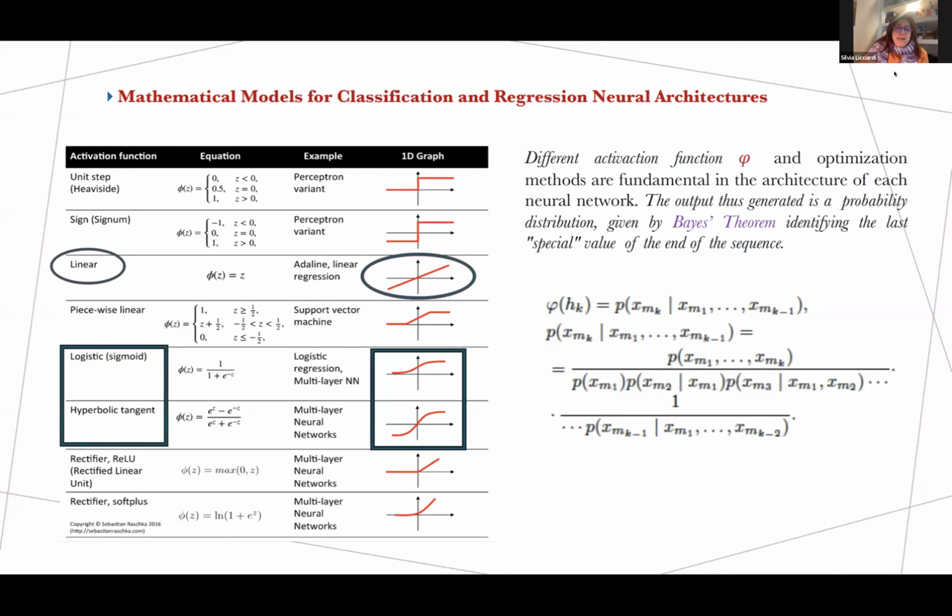But I can use a linear activation function if I instead want to obtain a forecasting, for example forecasting of some profiles. In this case I can use, for example, the Adaline or linear regression for this target, a linear function. At the end, we obtain the output always through a Bayes theorem, so the probability theorem and results. Go on.